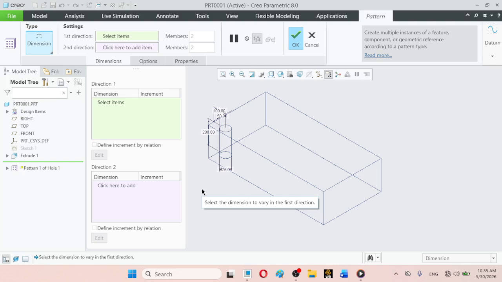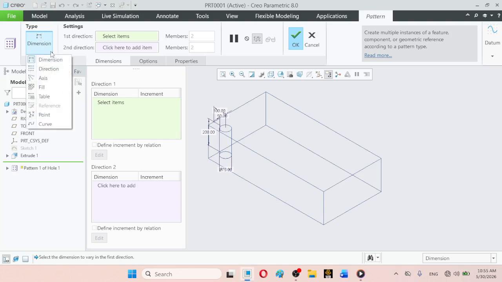So first of all, let us demonstrate the rectangular pattern. Here it says in the type, this is dimension, and in the dimension types we observe here, this is called the dimension type, and the other is called the direction type.